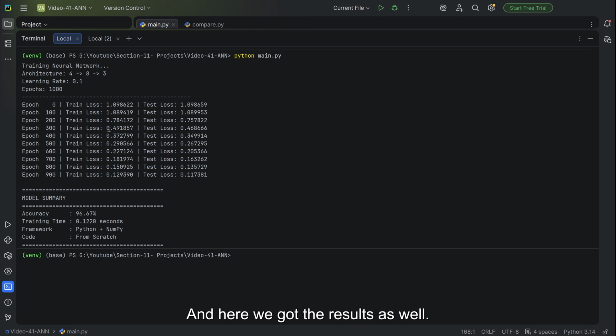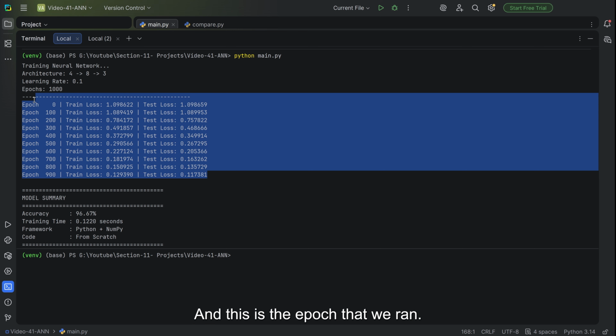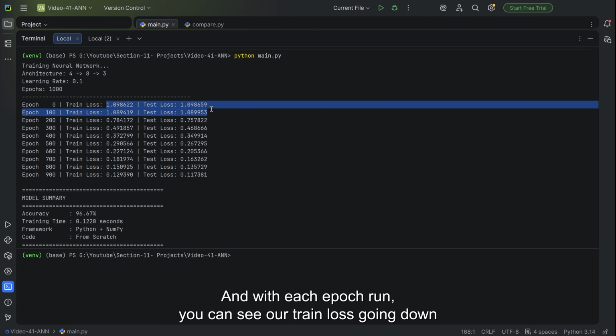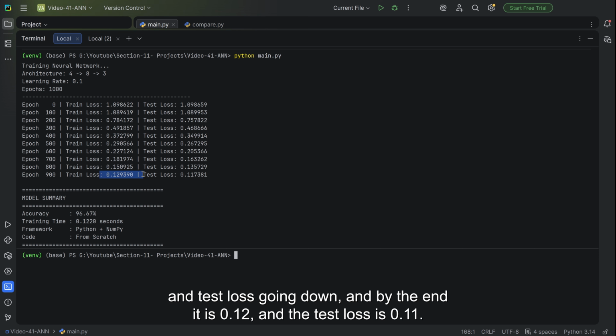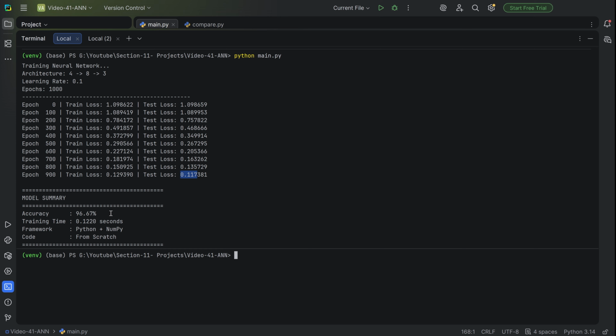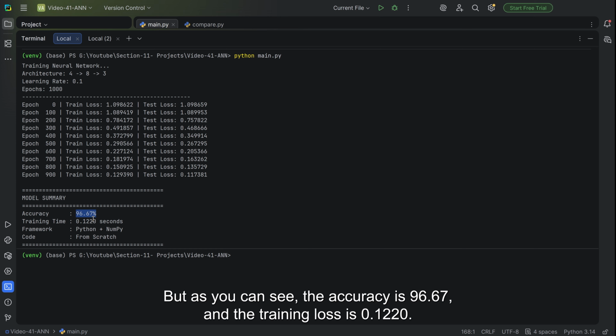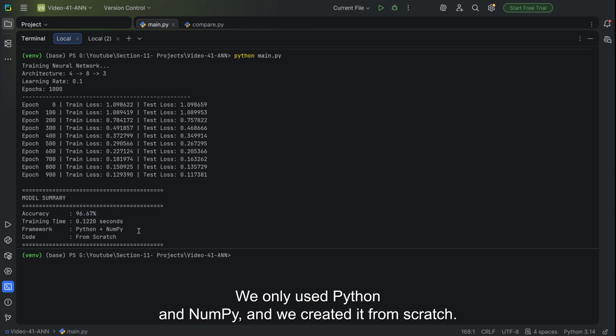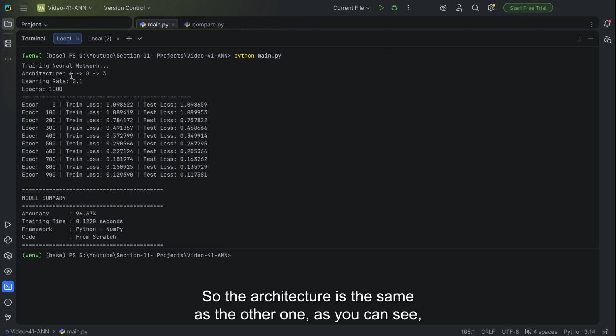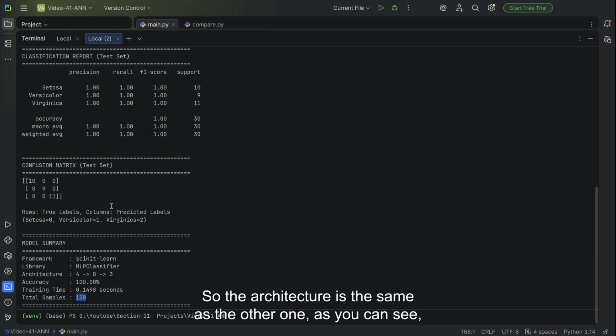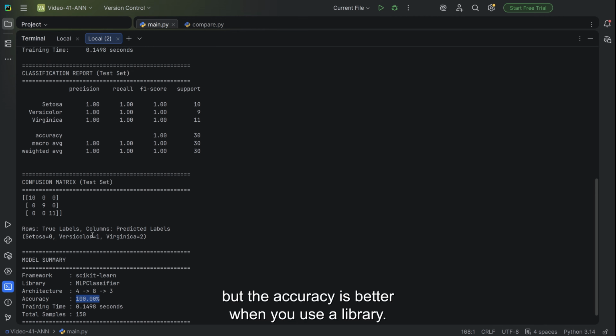And here we got the result as well. And this is the epochs that we ran. Each time the epoch ran, you can see our train loss going down and test loss going down. By the end, train loss is 0.12 and test loss is 0.11. But as you can see, the accuracy is 96.67 and the training time is 0.1220. We only use Python and NumPy and we coded it from scratch. So the architecture is the same as the other one, as you can see, but the accuracy is better when you